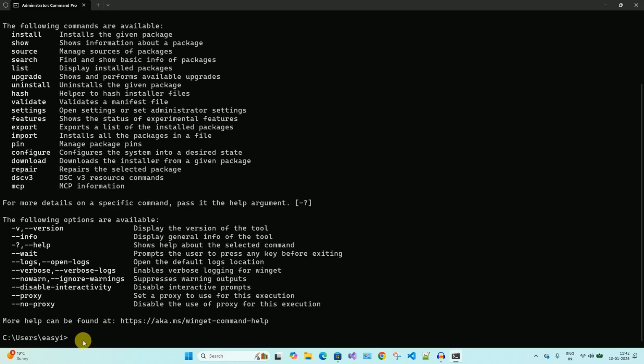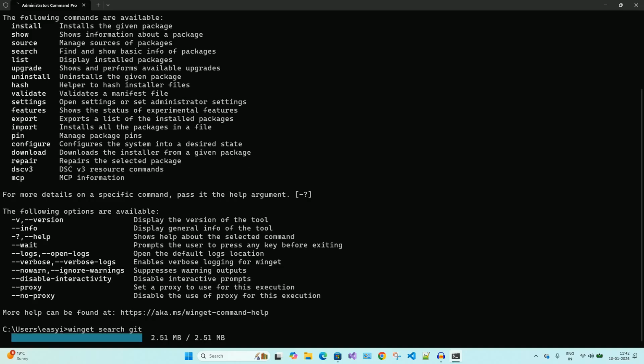So winget is basically a package manager which comes by default on Windows. Now we want to search a package called git. So type a command winget search git, press enter. Now wait for some time. So it will search the git package,